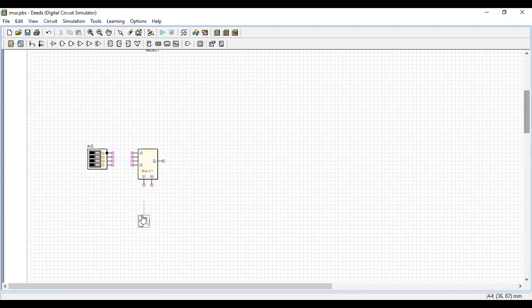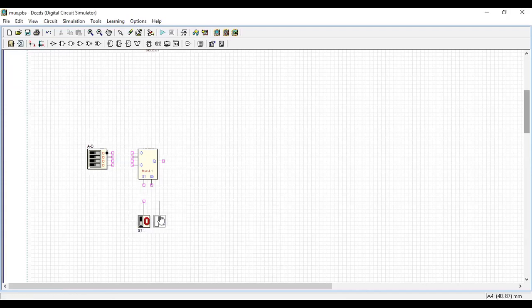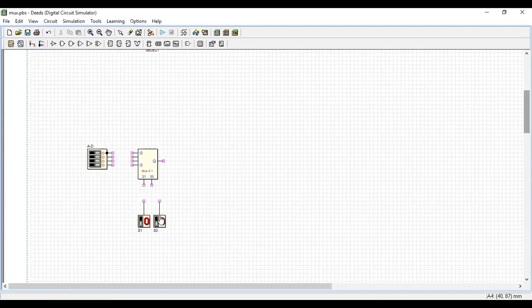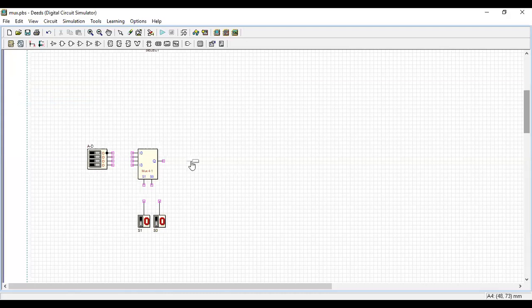So it is 2 selection lines. This is S1. You make it S1 itself for easy understanding. This is S0. Okay. Then I'll put one LED here. Yes. Then we will do the wiring.